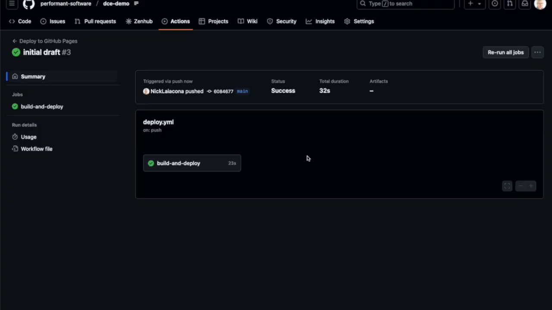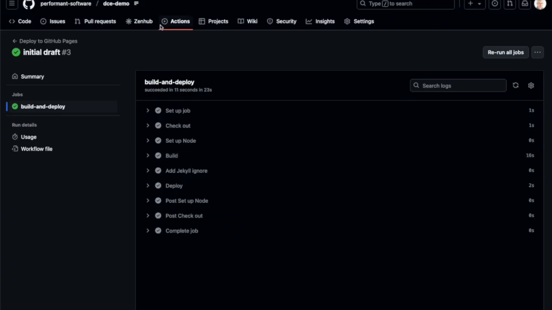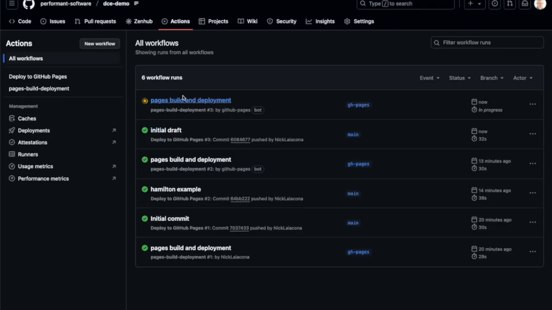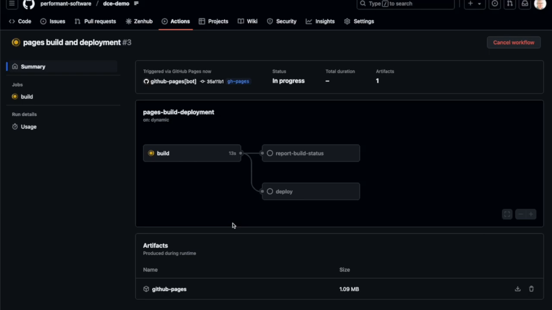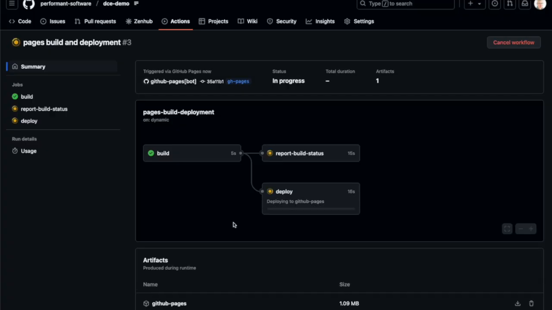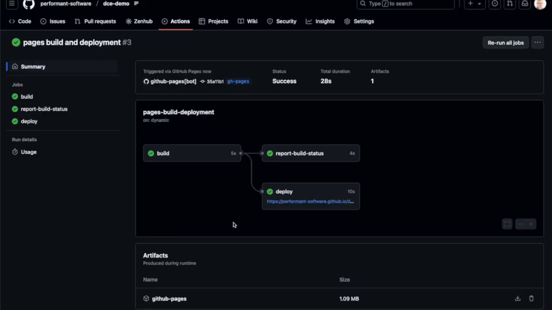Okay, great. Now if we go over and take a look at this here, now it's taking that built site and deploying it, and all this is happening automatically. It was all triggered by the fact that I checked in the code. And then once the code is checked in, it just automatically updates the website. So we can see that it's now deploying the site, and once that's completed, it'll give us a link. And now if we click on this link,